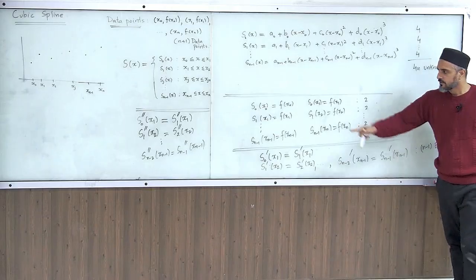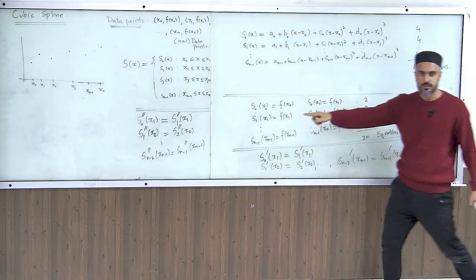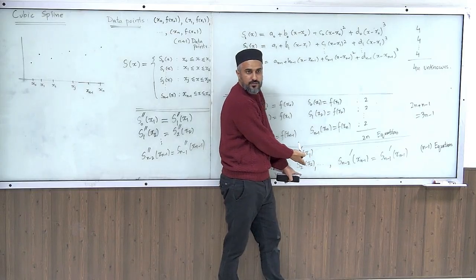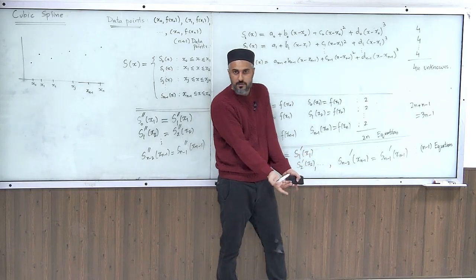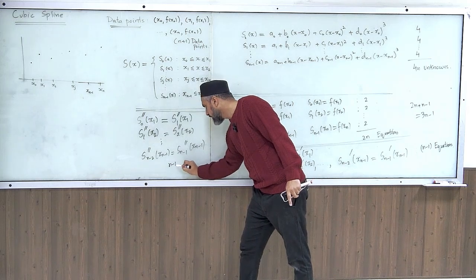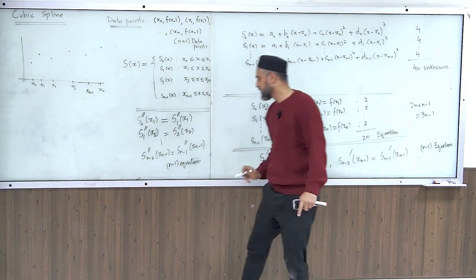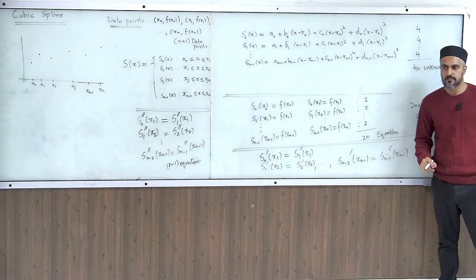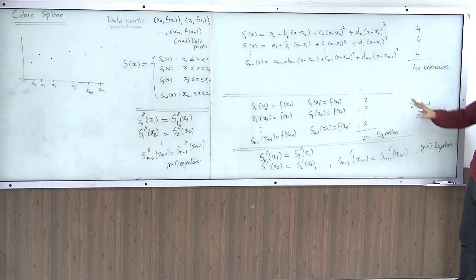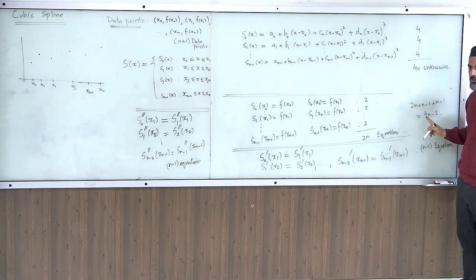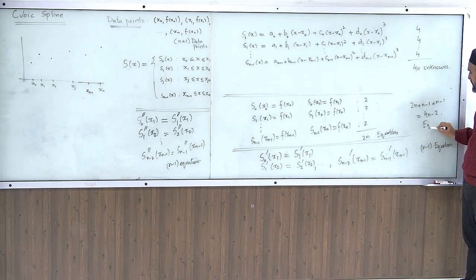Okay, so these are the conditions that we plug into the interior points. How many equations are we going to get? As many equations as we got in the first derivative. The total number of equations is the same. So these are n minus 1 equations. Now if I add those n minus 1 equations over here, we get 4n minus 2 equations, and we got